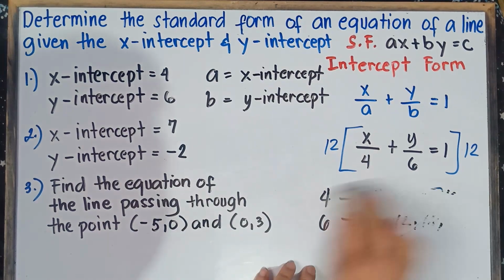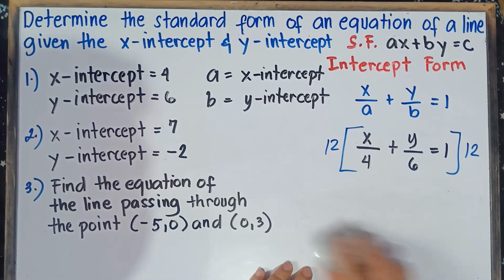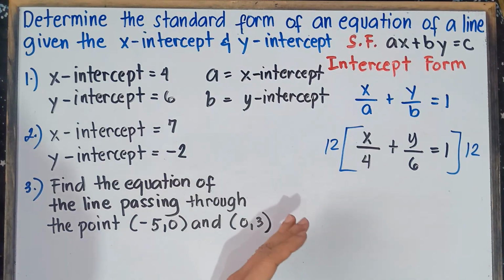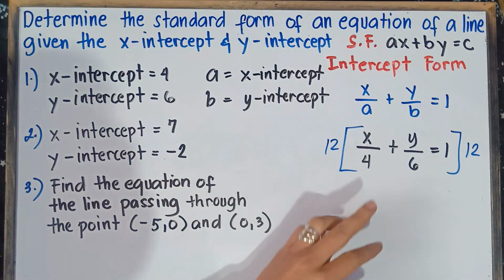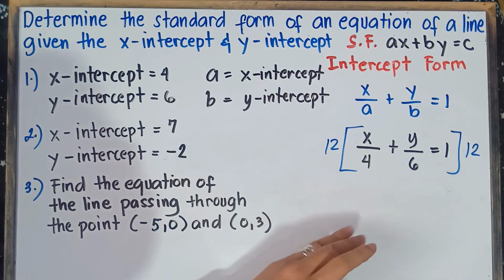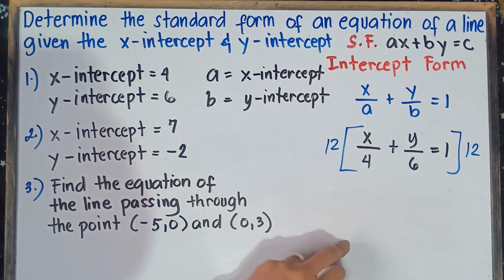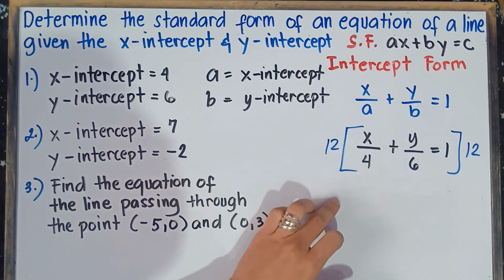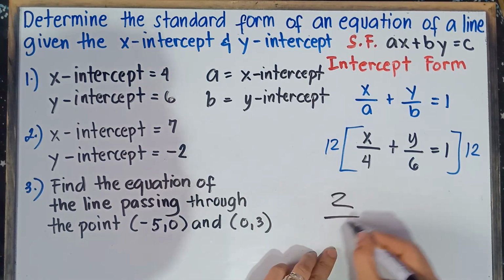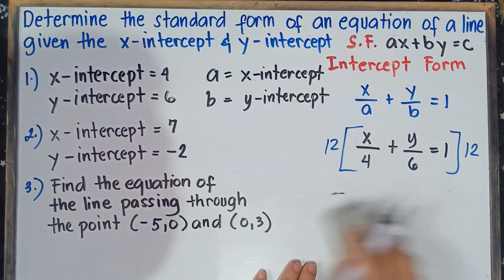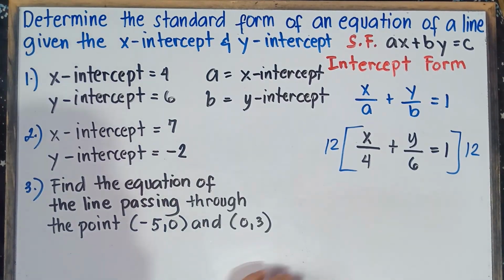But once again, class, it will take time if you do it this way. That's why you do it this way: you think of a number that is divisible by 4 and divisible by 6. That number can be divided by 4, and that number can be divided by 6. Of course, that would be 12. Never select 2, class. You can never divide 2 by 4. 2 divided by 4 cannot be; you will get a decimal answer. So therefore, the LCM would be 12.